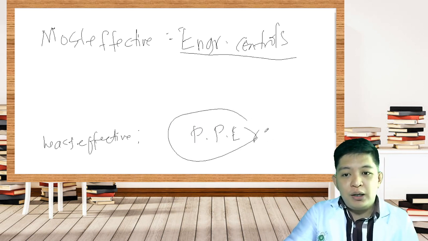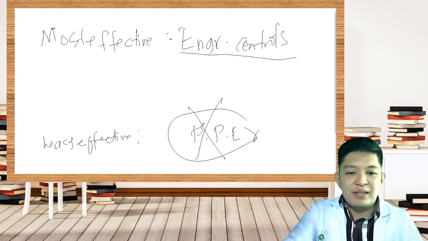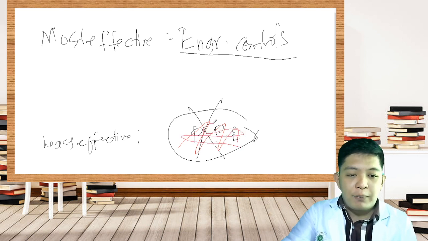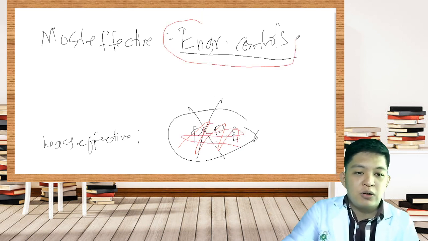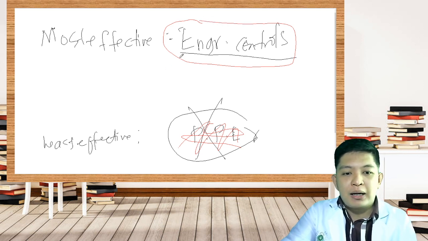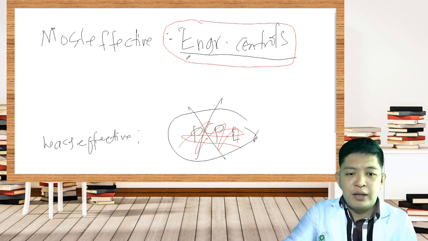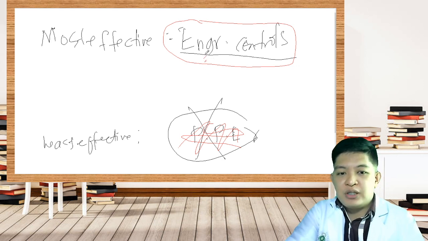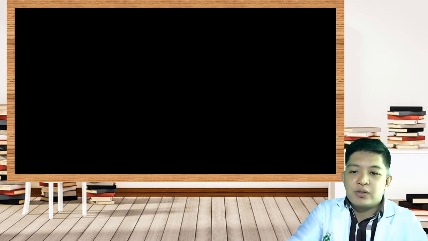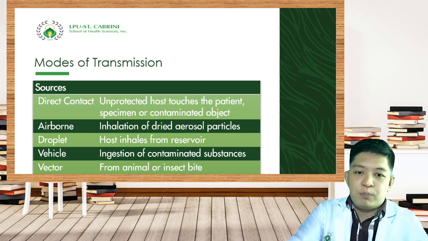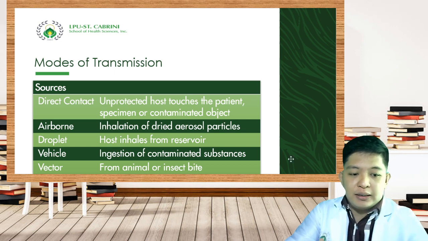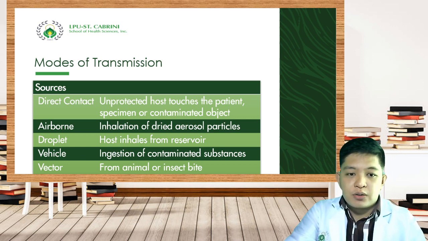Akala mo, yung PPE yung pinaka-effective sa lahat. No, actually, siya yung pinaka least effective. Ibig sabihin, hindi pala siya ang pinaka nakakatulong. Ang pinaka nakakatulong is yung mga engineering controls na importante para sa clinical laboratory. And later, we're going to discuss what are those engineering controls that will help us to understand why it is important, ang mga engineering controls na yan. Okay? So going back,